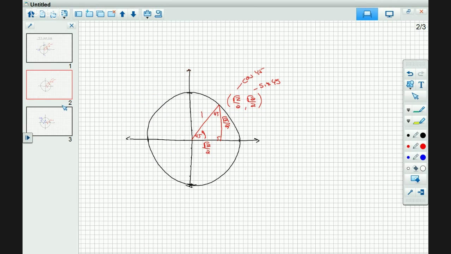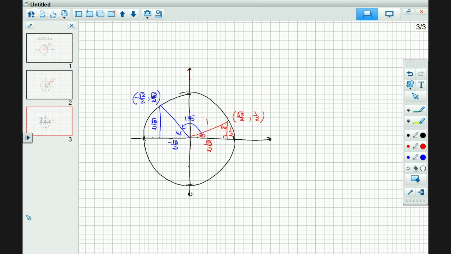You can see how they match. They just have a difference of a negative. The cosine of 135 is negative root 2 over 2, and the sine is root 2 over 2. You can do it down here too. So here it will be negative root 2 over 2, negative root 2 over 2. Negative and negative, right? And what angle would that be? 180 plus 45 is 225. So,